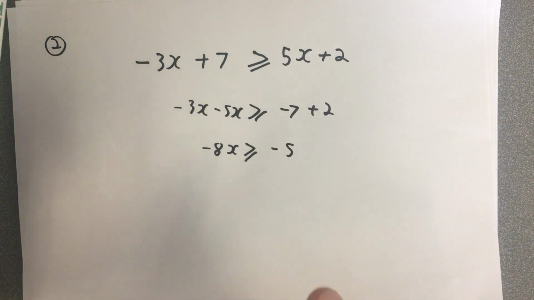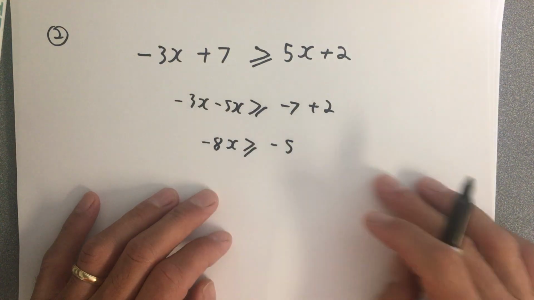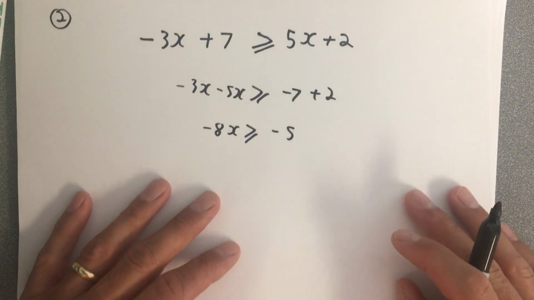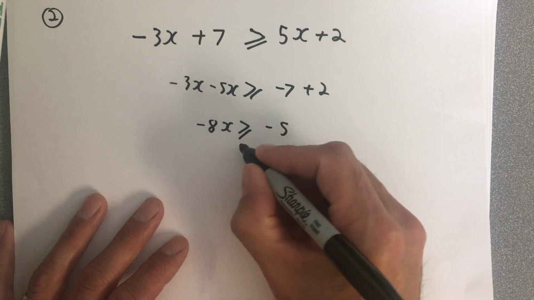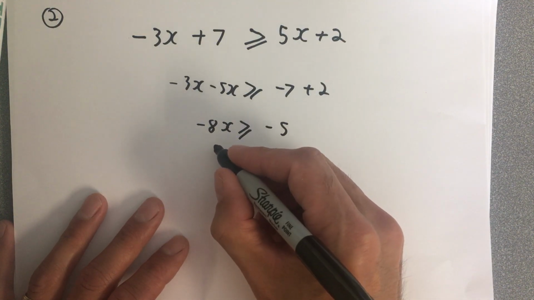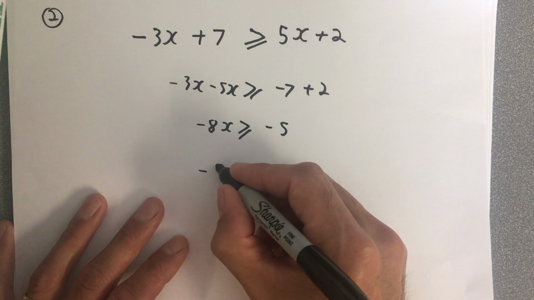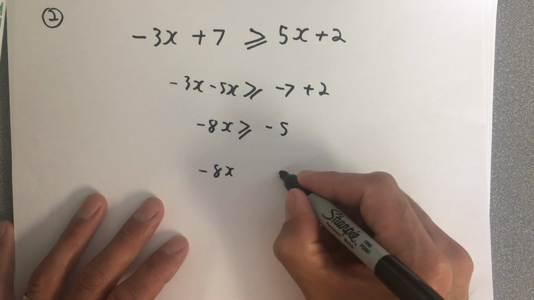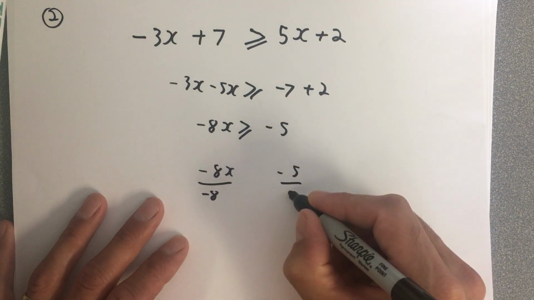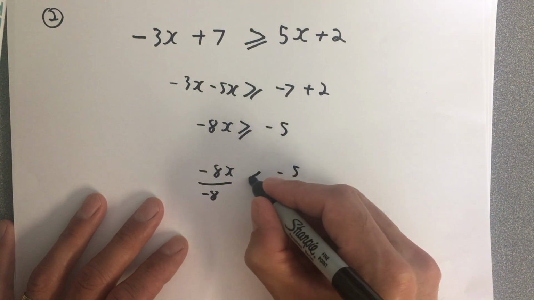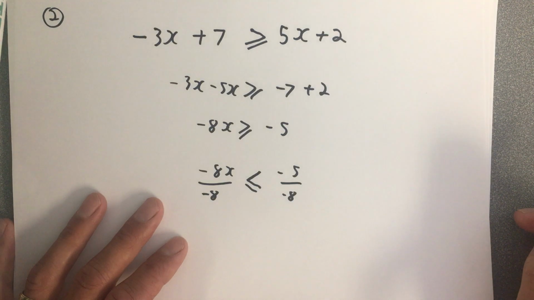All right, now we want to divide both sides by negative 8. However, watch very closely as we do that. So I'm going to do this in steps here. As we divide both sides by negative 8,